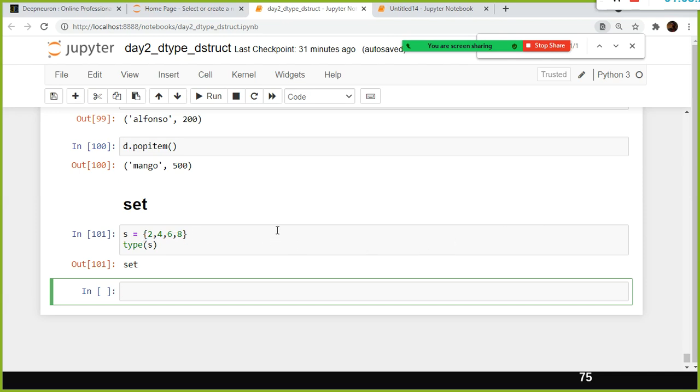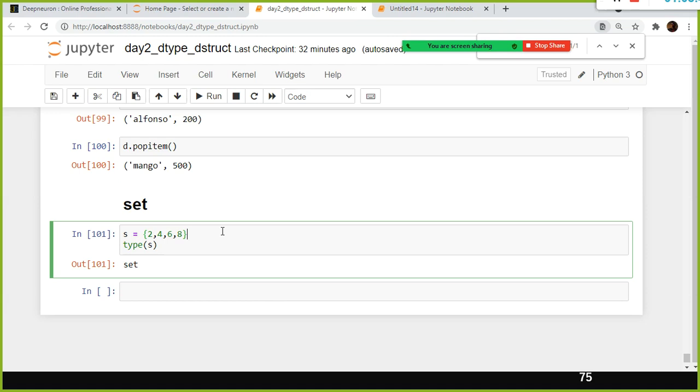Supposing you have 2, 4, 6, 8, first 2 will be stored, immediately after that 4, and then 6, and then 8. But in the case of a set, it is not stored like that. Let's say you purchase all the vegetables, and you are not using any plastic bag to separate each vegetable. Blindly you put all the vegetables in a bag. That is your unordered collection of things. Since this is unordered, you cannot use index values to access the values.